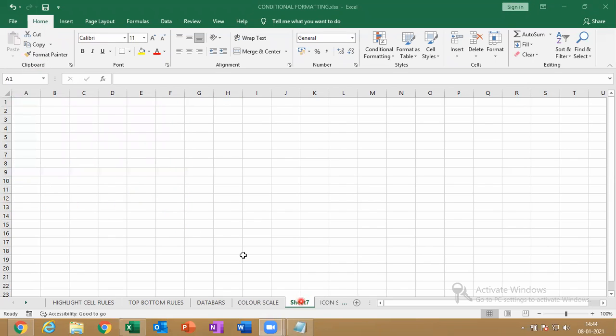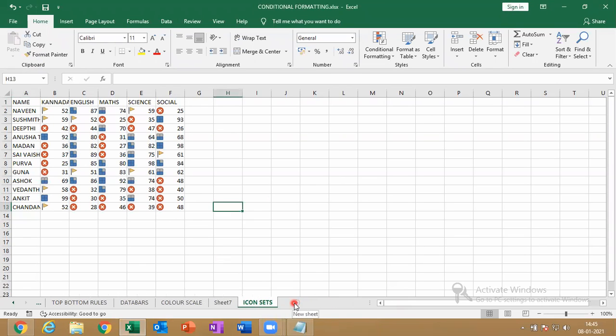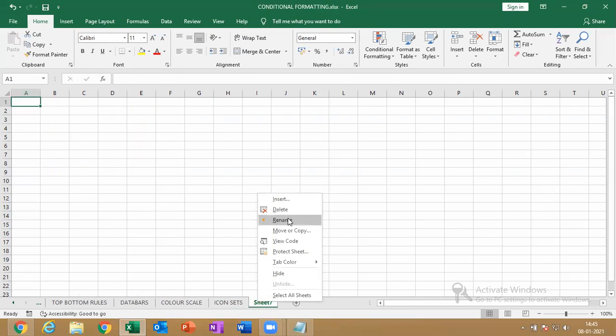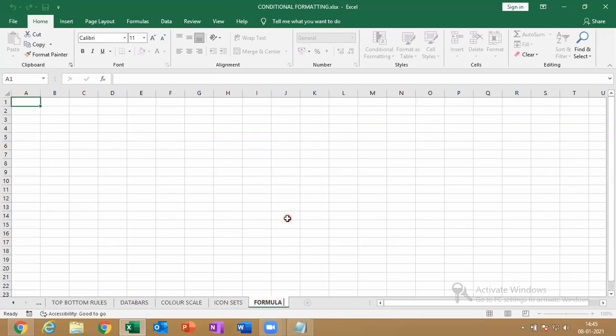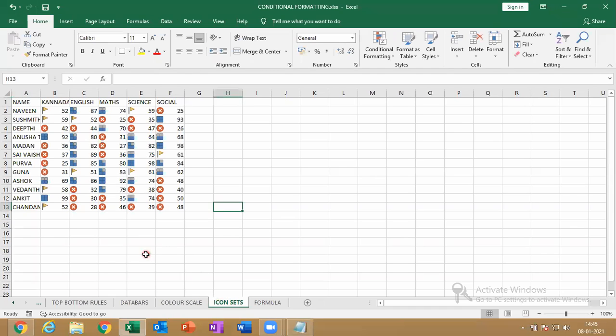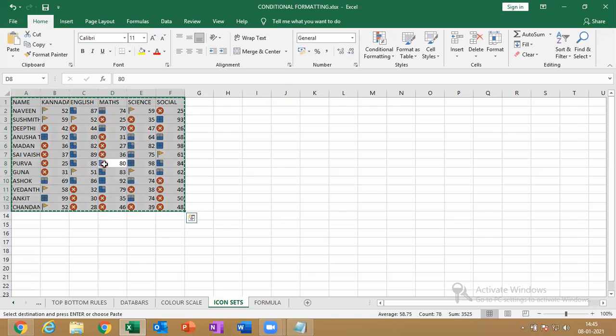Okay, so rename the sheet, move it to the last, and rename the sheet as formula based. Okay, just give enter, just copy paste the range we have copied and paste it as normal values.